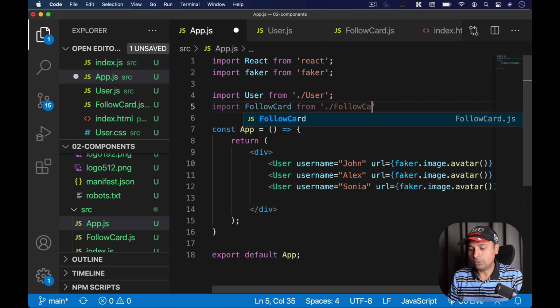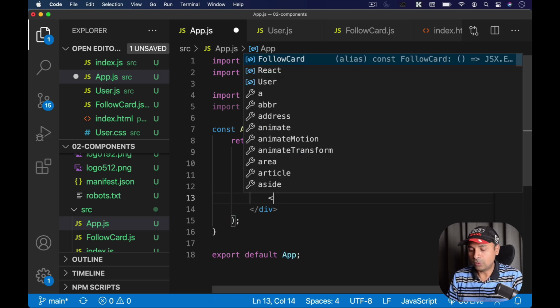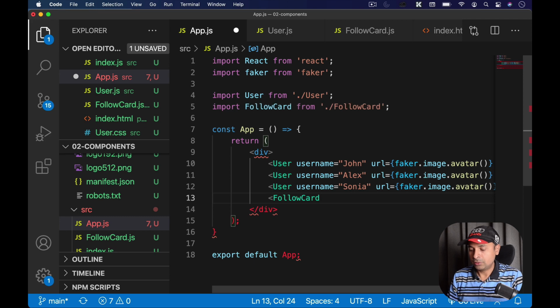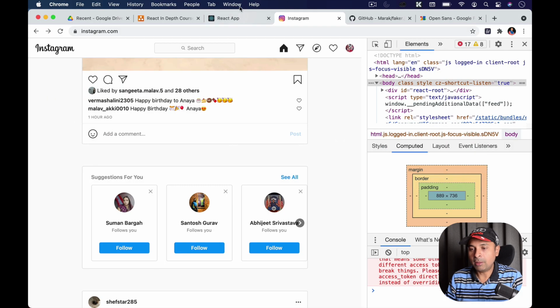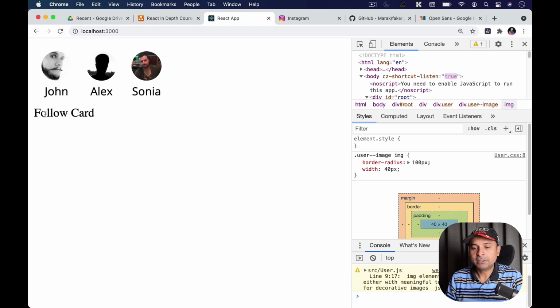And like how I have created user, you can create the FollowCard component, something like this. So we usually follow the syntax of HTML here. I'm going to save it. And now if I come back to my application and refresh, see that I'm getting the text.